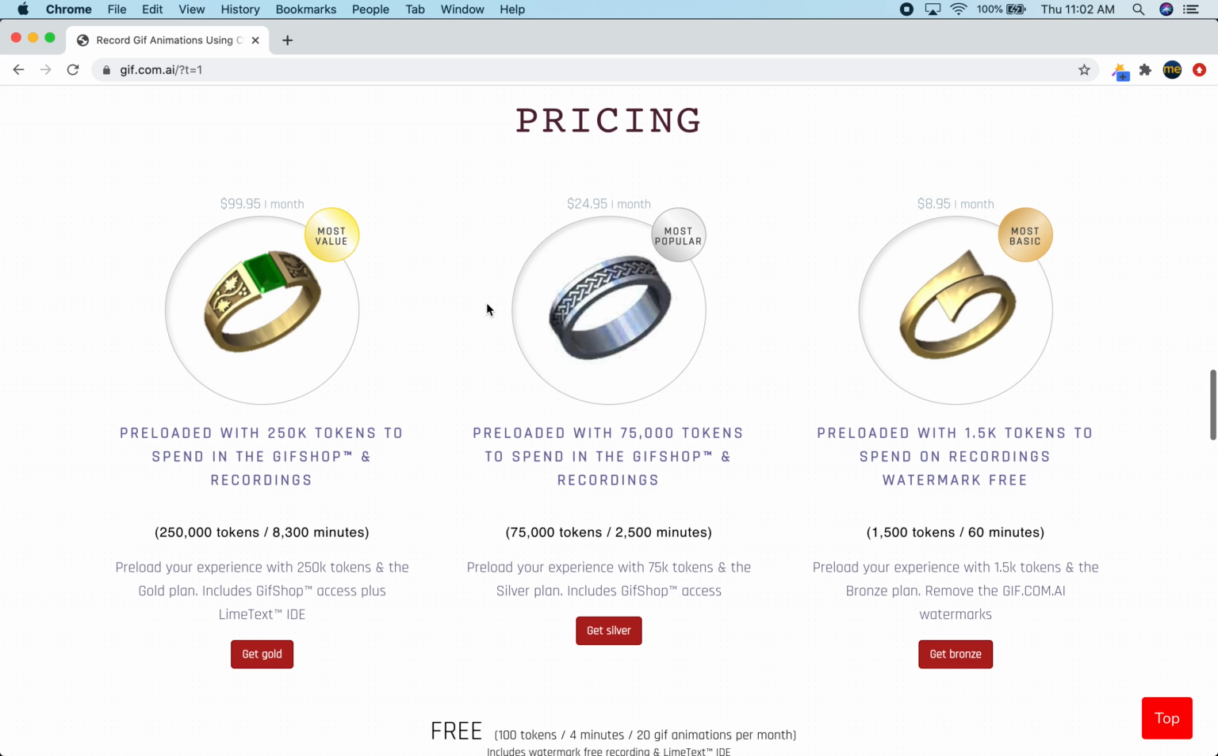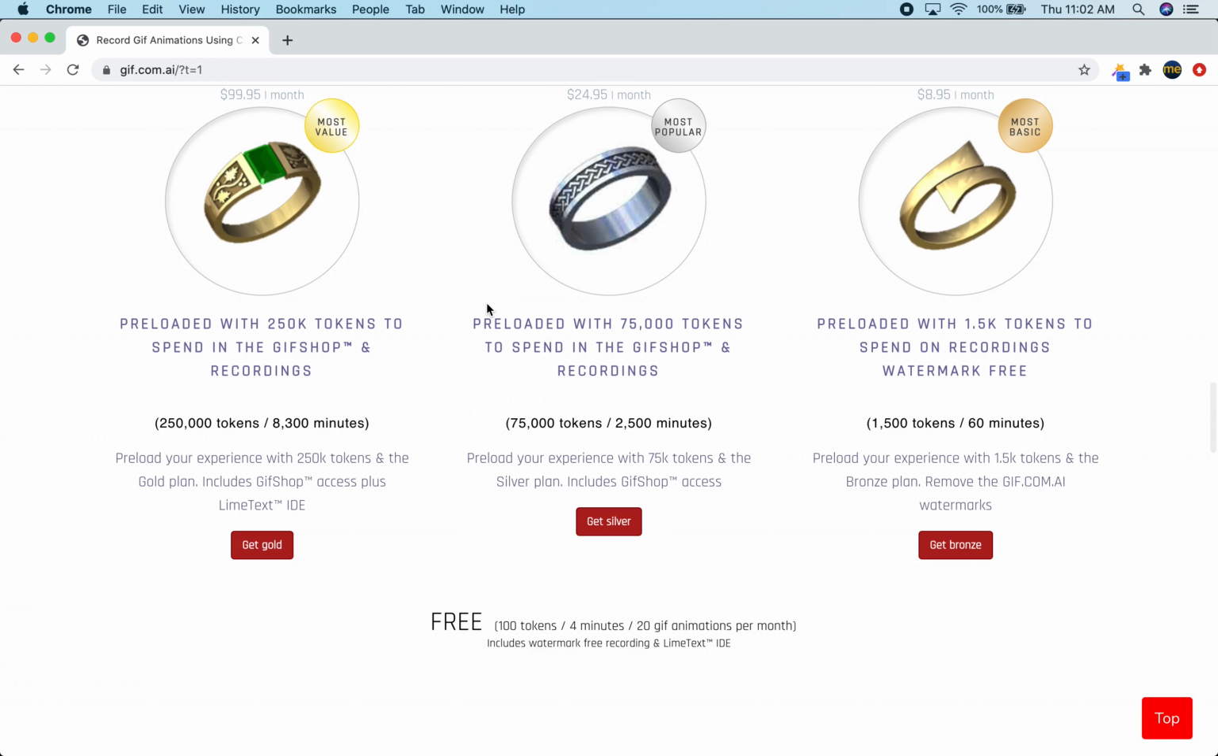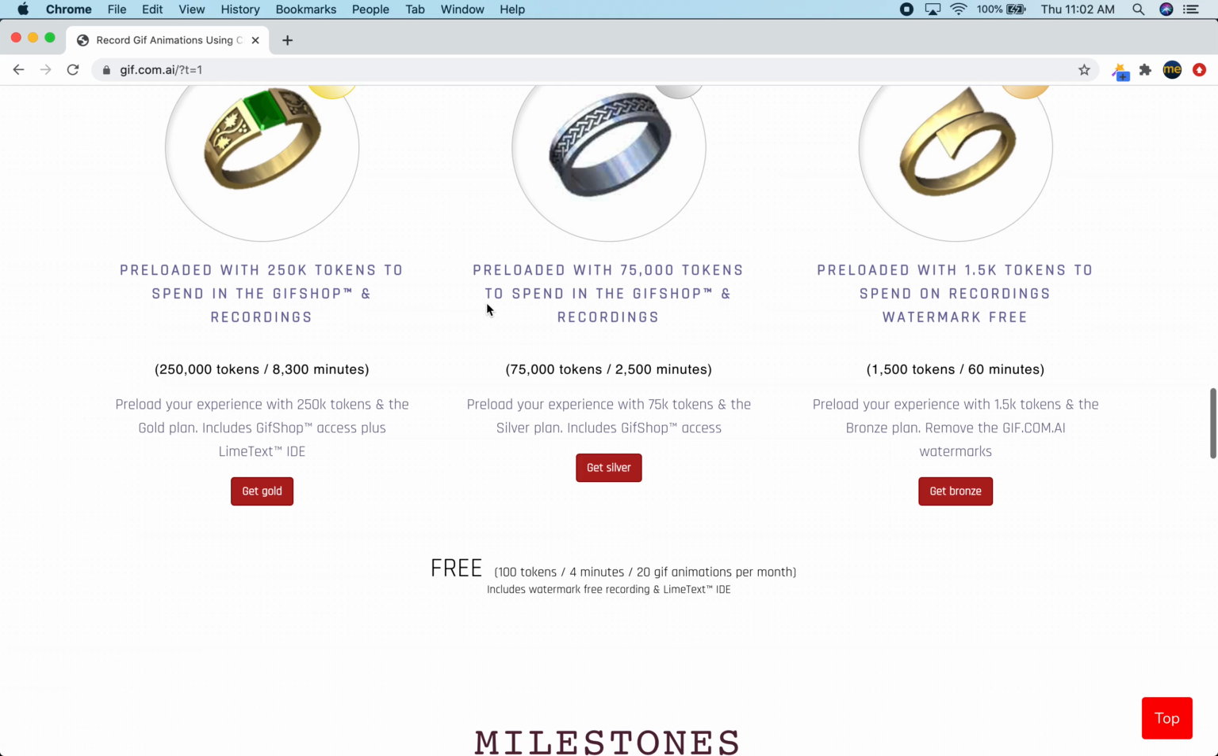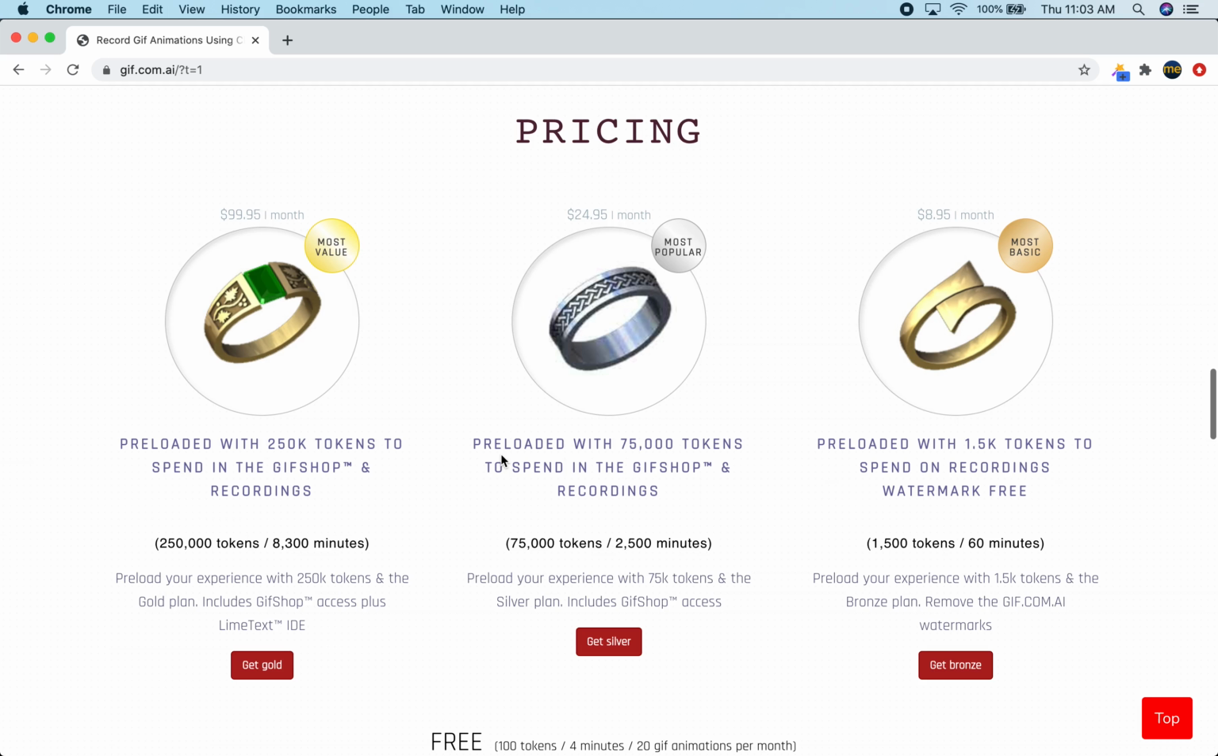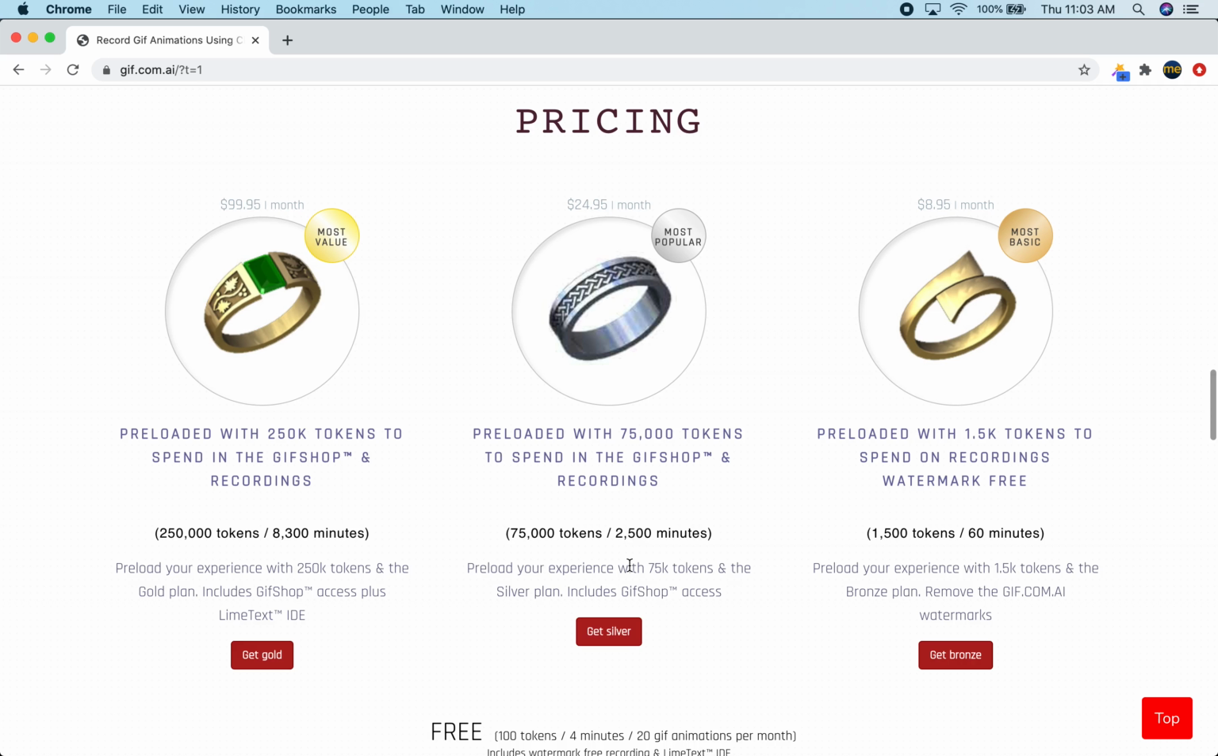So, some of the pricing options: this whole thing is based off of tokens. You're going to be able to buy tokens for seconds and minutes on the platform, as well as buying abilities in the GIF shop. And yeah, the pricing options are as follows. I recommend probably starting off with maybe the silver package,